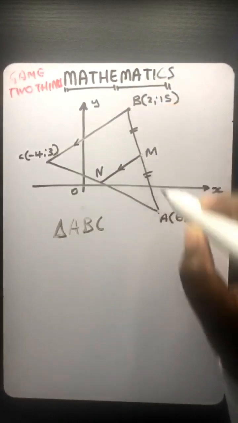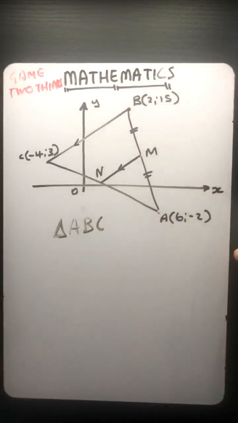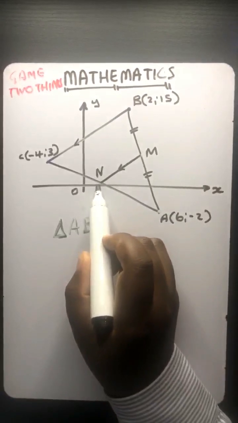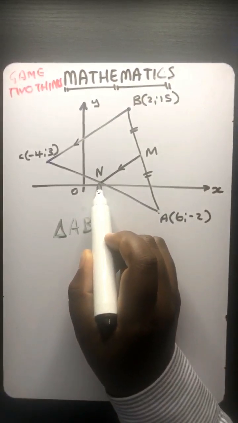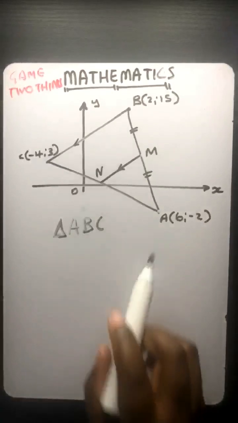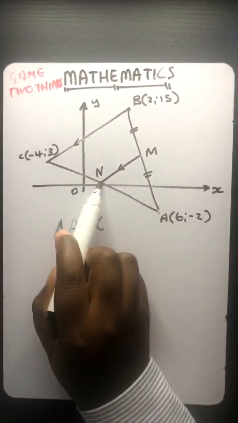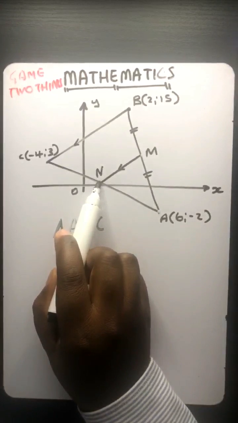There is M. Okay, makes sense. N is a point on CA. There is N. And they just say it is a point on CA. Where is C? Oh, there is CA. AC. There's CA. Okay, that's a point such that